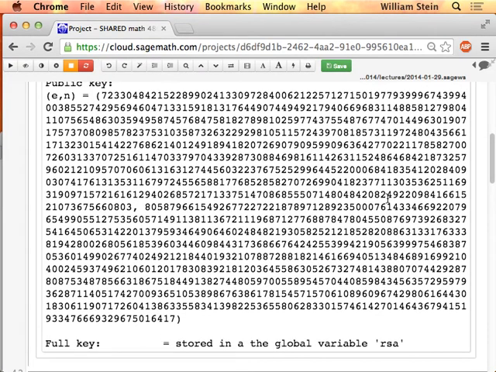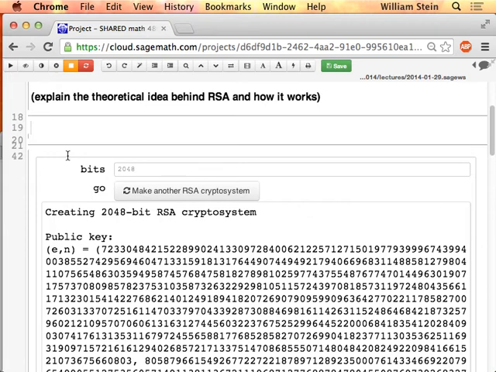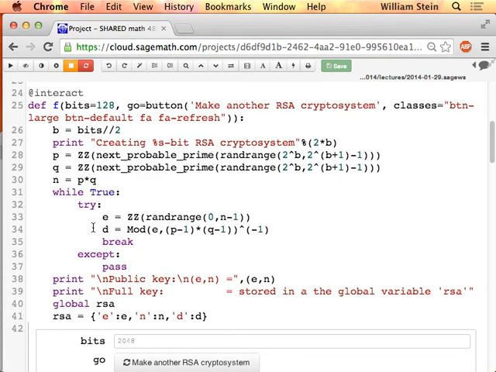Okay, so there is our public key. Behind the scenes, the code, which is hidden by double clicking, I can show you. Here's what it did. It computed the next probable prime after a b-bit number that was randomly chosen, and then again it computed the next probable prime after a b-bit number that was randomly chosen. I'm using next probable prime instead of next prime, because if I use next prime it would take a very long time. There is an algorithm in Sage that will decide, with proof, whether or not a number is prime,